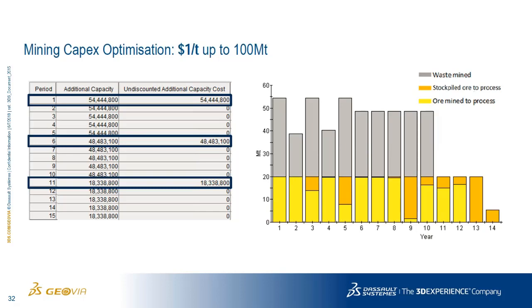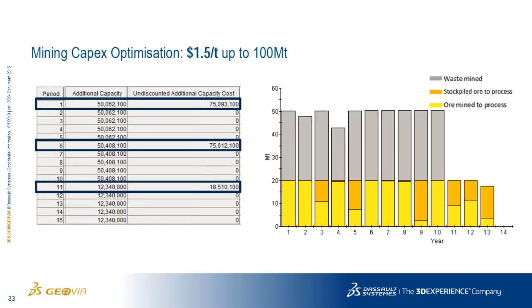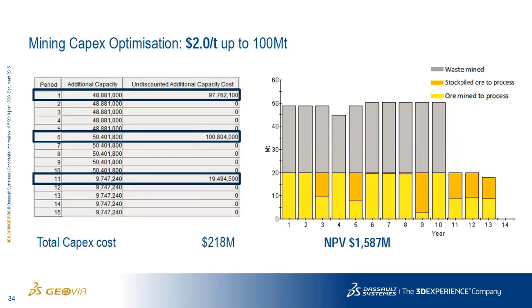With 1.5, obviously it's a different relationship, and so the optimal CapEx and capacity level is different. So higher CapEx, but the greater capacity to get through the material pays for it. More at the 75 level, and then when I moved up to 2, it was basically up to my limit of 100 million tons that I thought would be feasible. So obviously a higher CapEx cost, an additional 218 million in this case, but the NPV was greater than my initial 60 million ton. So really the idea is optimizing and determining those CapEx levels inside the schedule without having to iterate manually outside the schedule.